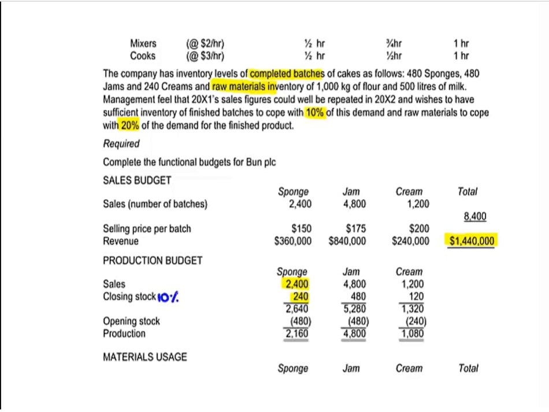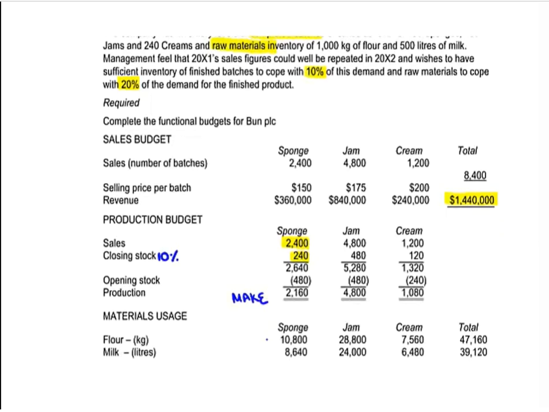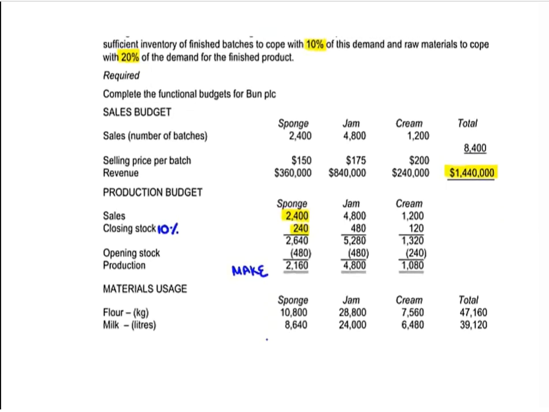So that would mean that we needed to manufacture 2,640, but we already have 480 batches in stock, so we take off opening inventory, and that means that we need to make 2,160. You repeat the same calculation with the other products, and what we now need to think about then is